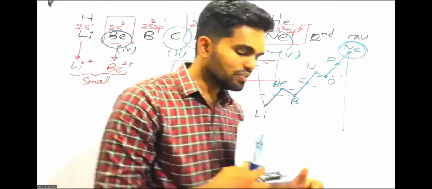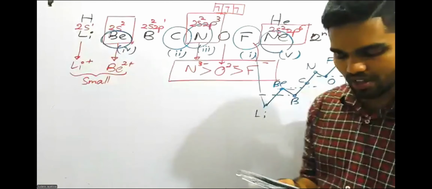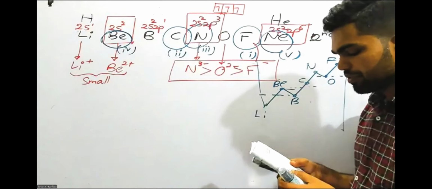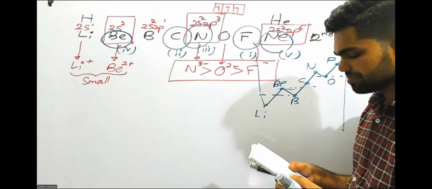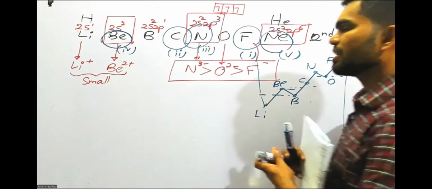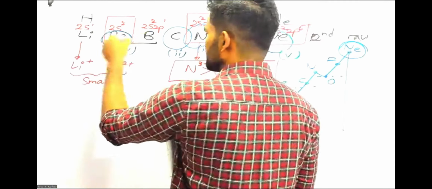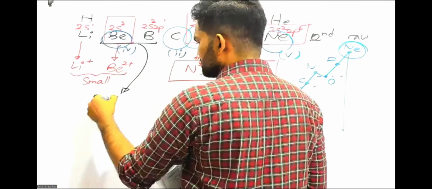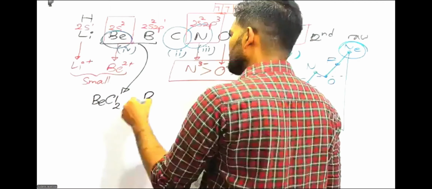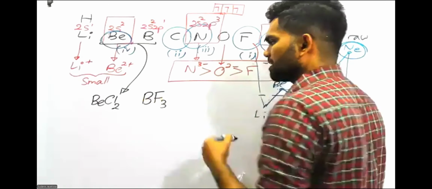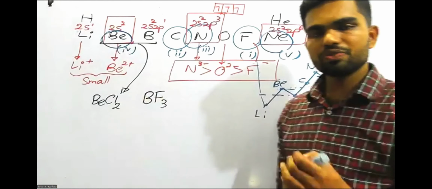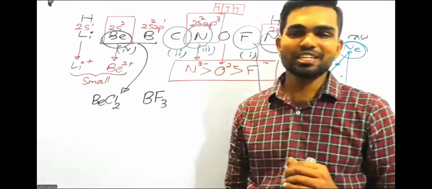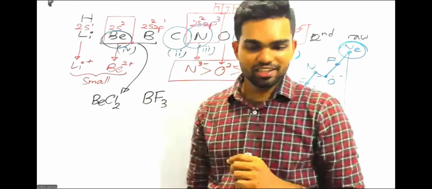Now they are giving you a big hint, right? Elements that form mostly electron deficit compounds. You can find these for two elements, beryllium and boron. Beryllium forms BeCl2. Boron forms BF3. I hope you remember these two molecules because we especially looked into them in our BSc VSEPR theory